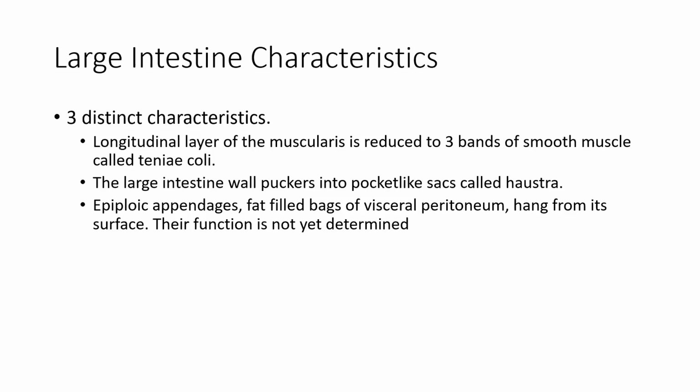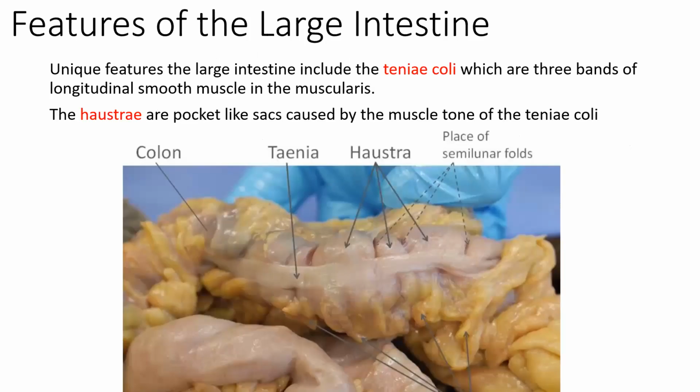Now, go on to the next slide. So here is our large intestine. There's the tinea coli, the muscle layer there. Here are the haustra, the pouches, if you will. We see the fat hanging on in different locations. We don't know why they're there, but they're there. And